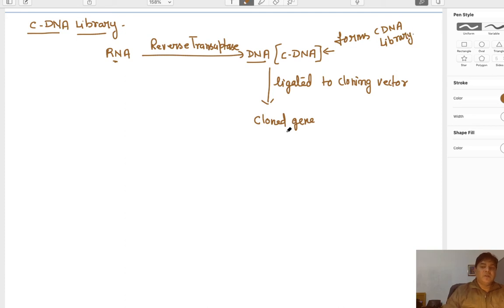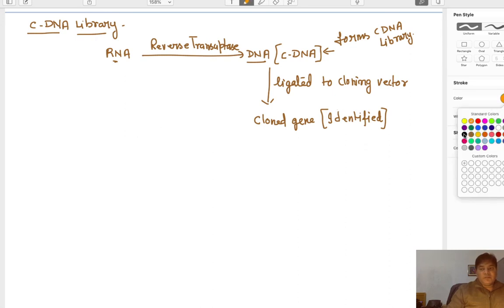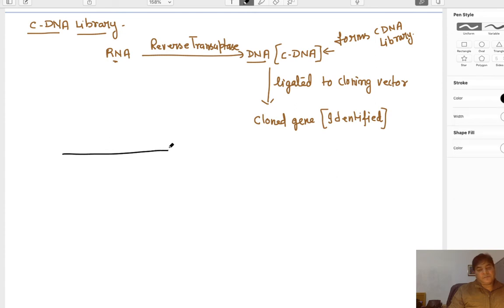I'll show you how. Now these clone genes are then identified from the culture medium. Now, for synthesis of cDNA, we have to use certain enzymes. Say, for example, if we have an mRNA here, so this is the mRNA. Because messenger RNA is transcribed and translated into protein, we have to take the mRNA first, and this mRNA is converted into cDNA. So that cDNA represents the gene for the mRNA for the formation of a certain protein.